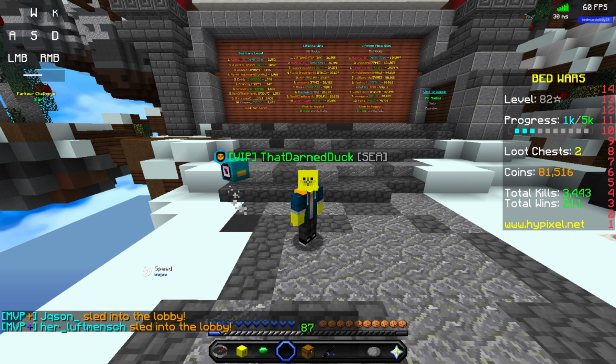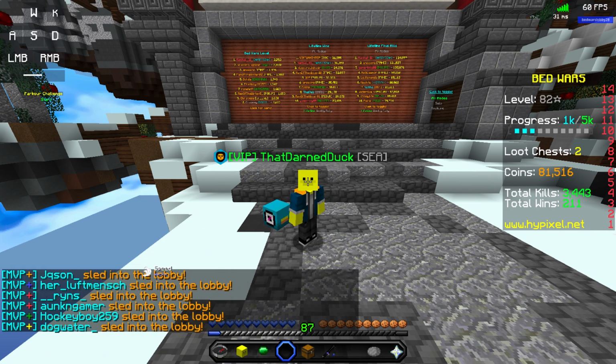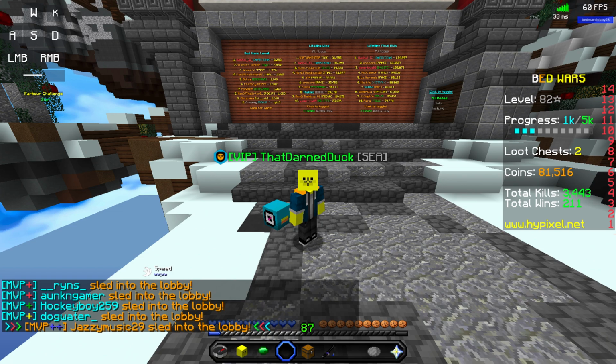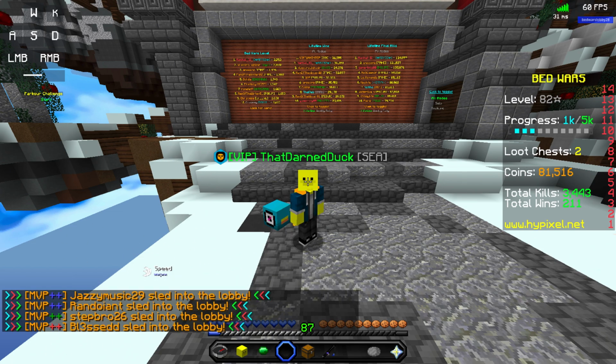So, auto text is basically, and I think everyone knows what it is, but just real quickly, you can bind something to say the letter P, and every time you press the letter P, it will automatically send a text message in the chat. It can be a command such as /lobby or /play some game. And it was very convenient, but it was also very much abused, like